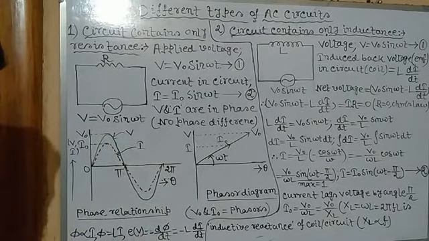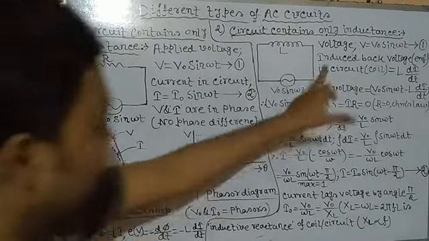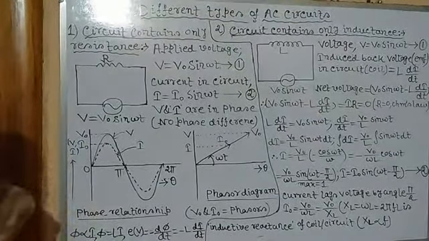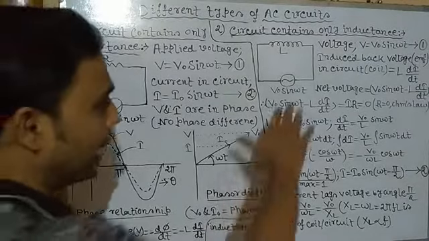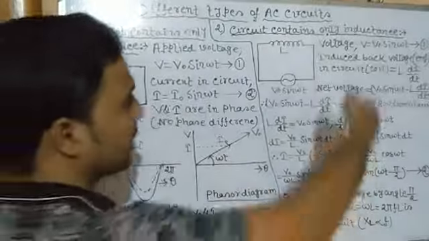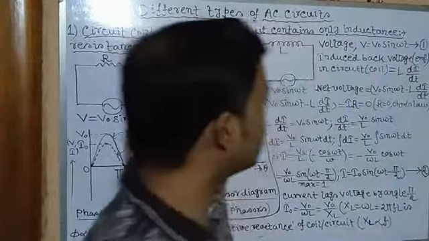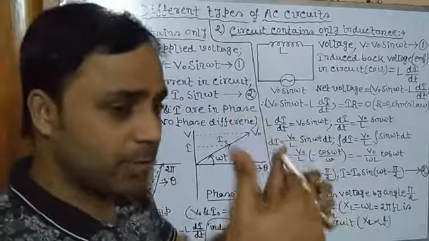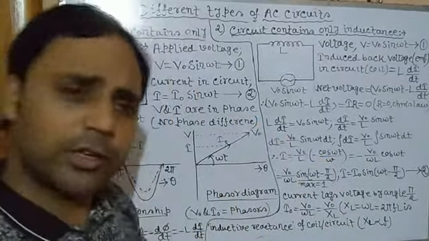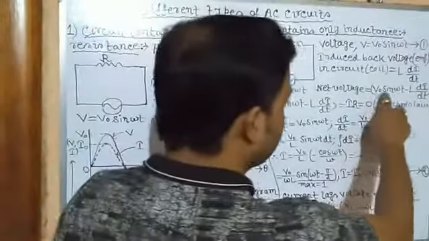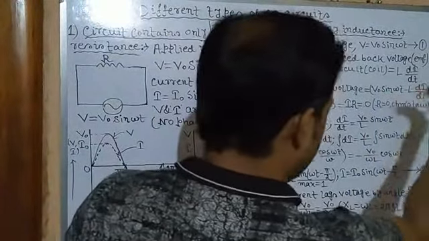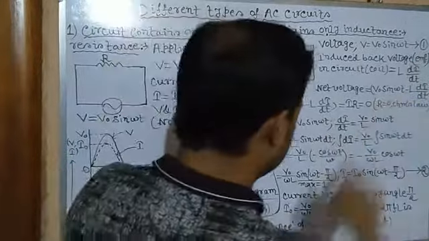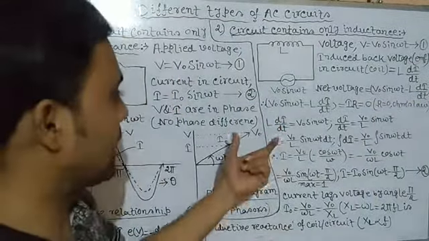So in place of E we can write that the back EMF voltage is equal to L di/dt. Here we have considered only its magnitude; the negative sign we have just ignored. Now, the net voltage. The original supplied alternating voltage was V0 sin omega t. Since the back EMF's function is to reduce the original voltage and current, as we have already learned, the net voltage is V0 sin omega t minus L di/dt. Now we will apply Ohm's law, V equals IR.